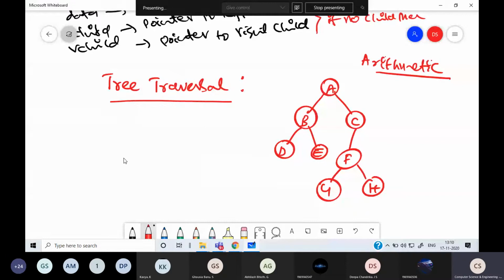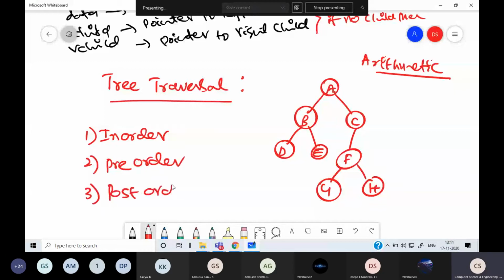Similarly, when you take tree traversal, we learned that an expression can be represented in the form of a tree. So the arithmetic expression notations can be taken as tree traversals. There are three tree traversals: in-order, pre-order, and post-order tree traversal. These are in line with infix notation, prefix notation, and postfix notation.